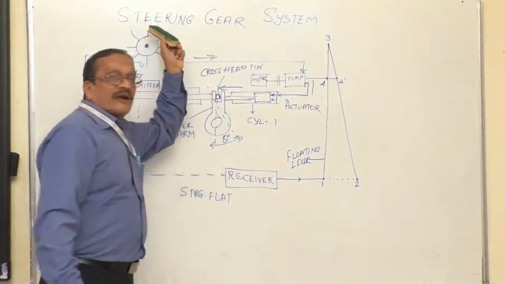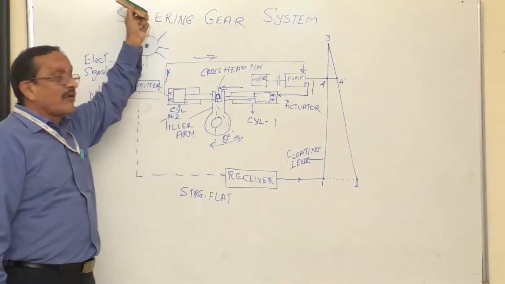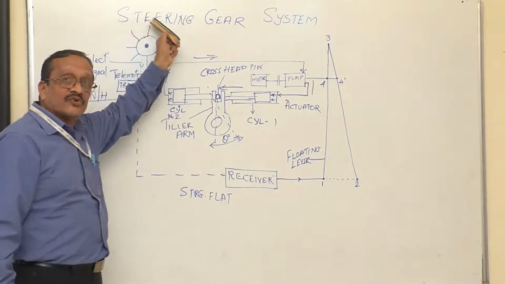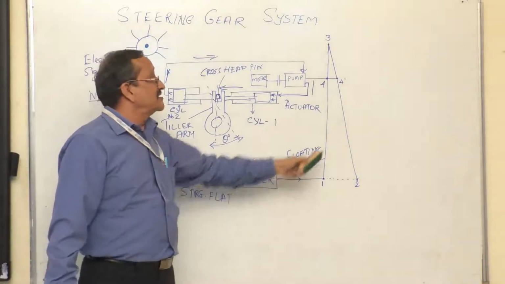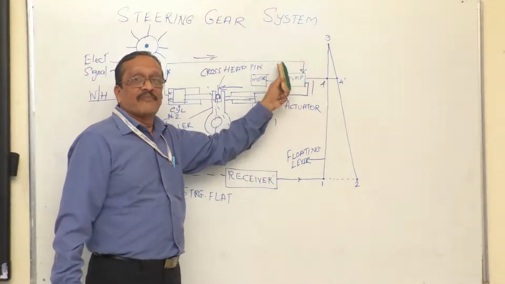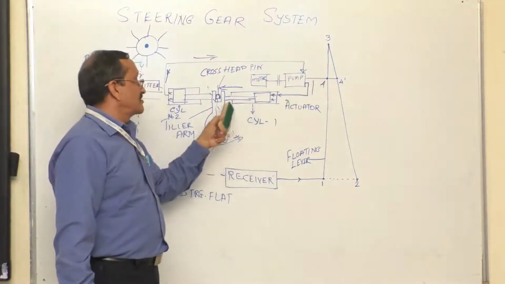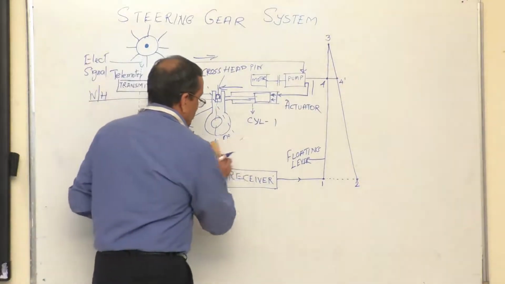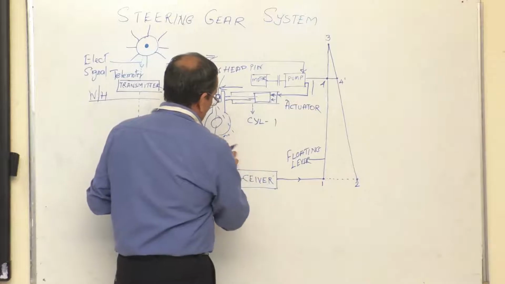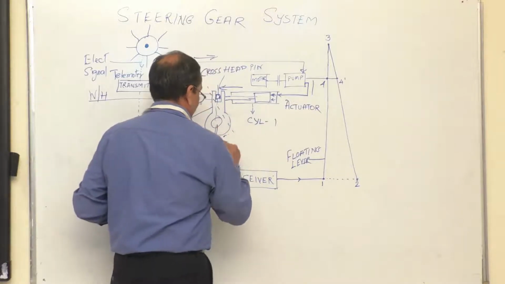So I hope you are able to understand that. The angle depending upon the amount of degree that you have given over here is transmitted over here. This is again translated into the pumping action and results in the rudder movement. So once your rudder has turned to the particular angle that you have set it to,